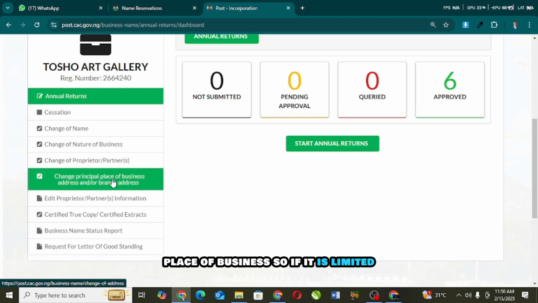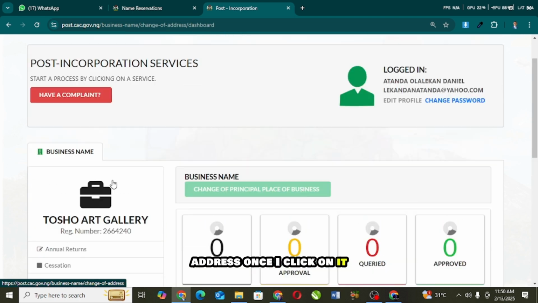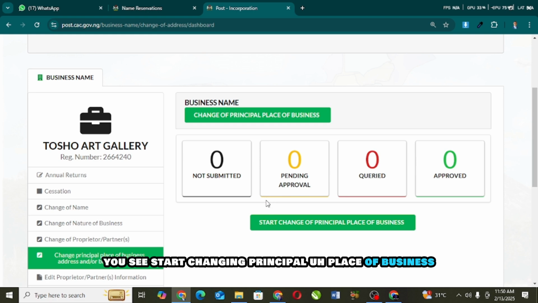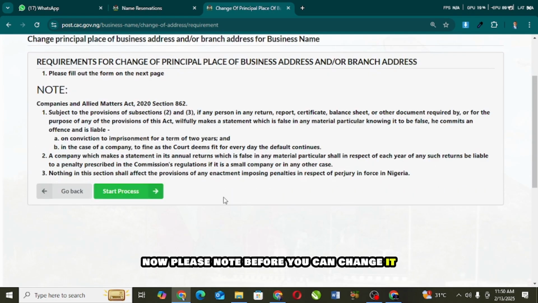So if it is limited, this is also what you are going to see. And if it is NGO, this is what you are going to see. I will click on change principal place of business address. Once I click on it, you see start changing principal place of business. Just click on it. Now please note, before you can change it, you need to have the old information, which